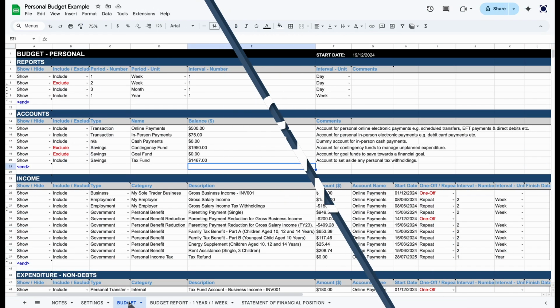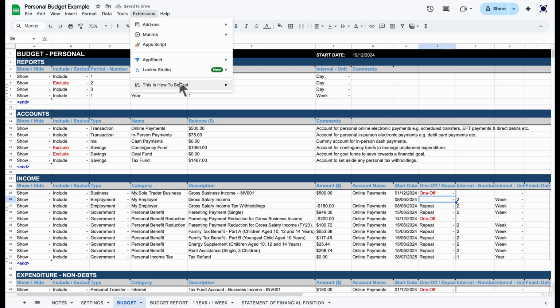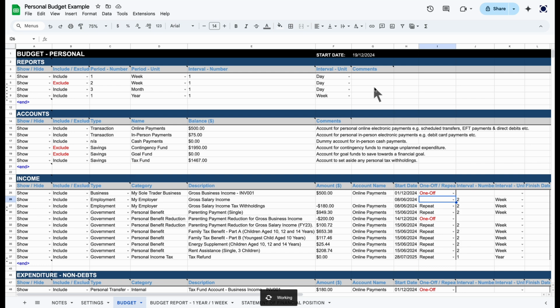Okay, the last thing I should cover is error checking. When either the budget reports or a statement of financial position are calculated, the application checks the included items in the budget sheet for errors and warnings to ensure all information is present and entered correctly and the budget is ready to calculate. If there's an issue in the budget sheet, the application will tell you. So for example, if I delete some information in the budget sheet and then calculate the budget reports, the application will first check the budget sheet for issues such as missing data, and if it finds something, display an alert to tell me.